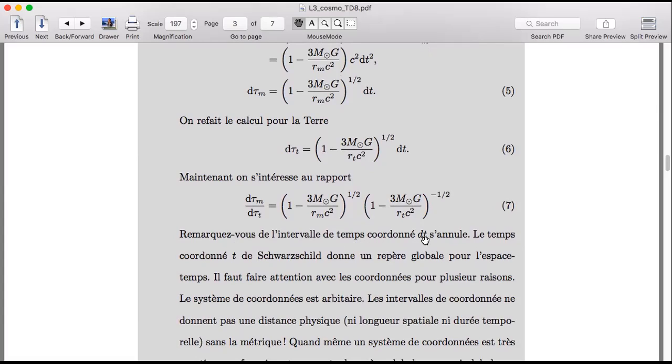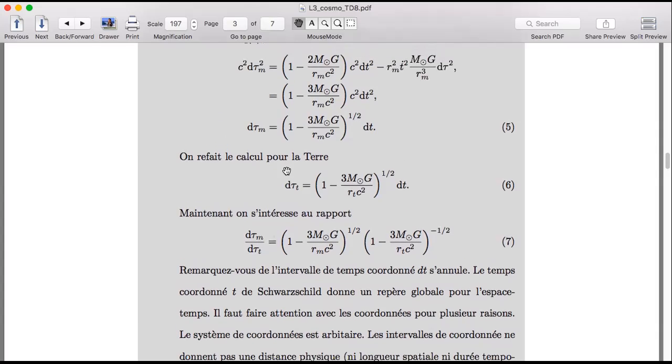In fact, I've seen an article written about exactly this fact, that this dt here is the coordinate time interval, and we want to compare the proper time measured by a clock on Mars, I'm pointing at Earth, but on Mars and Earth in the same coordinate time interval. Why are we doing that? Well, because